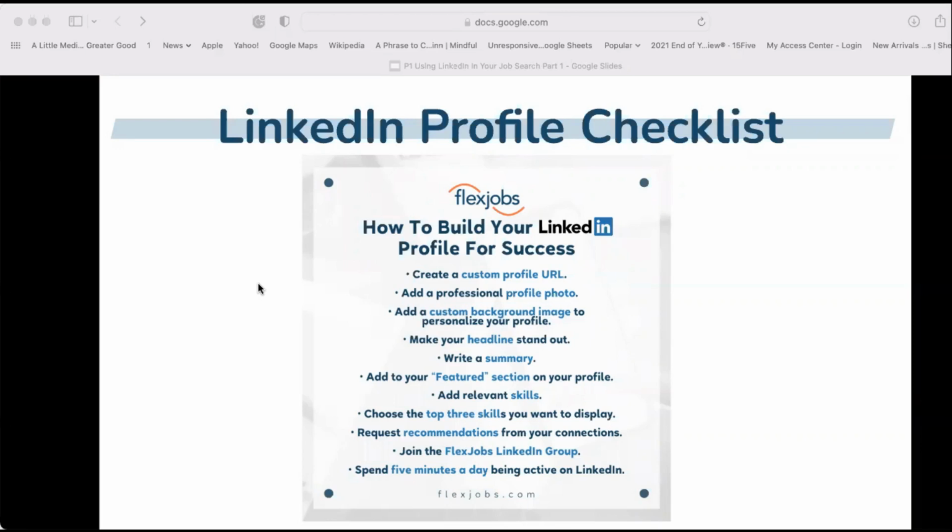Having a custom background image to personalize your profile, that banner that's behind your profile picture. We're going to talk about how you can make your headline stand out, how you can make your about section or your summary section stand out, what you should add to the featured section of your LinkedIn profile, how you can add those relevant key skills, what three skills are the top skills you want people to be able to view,